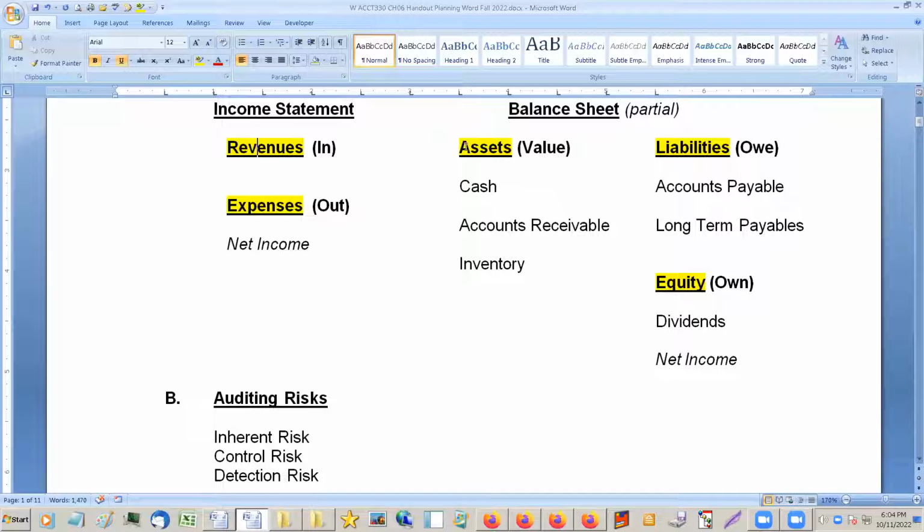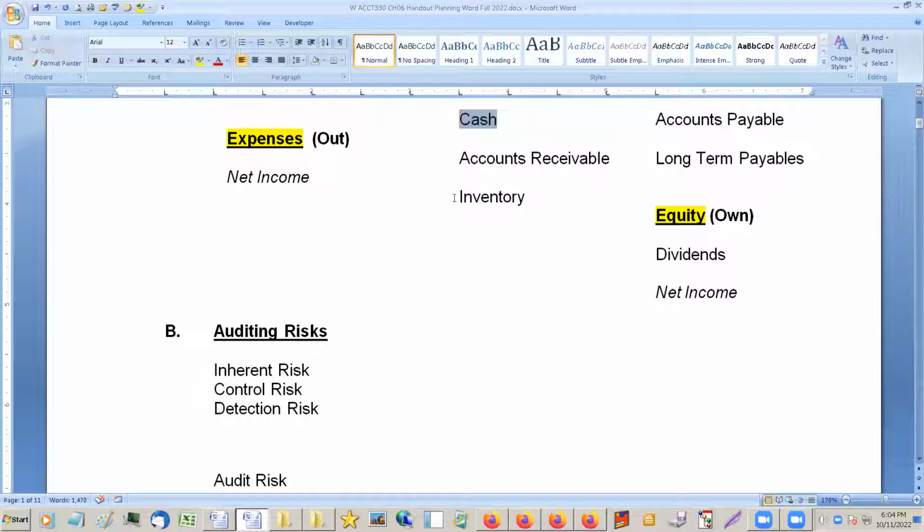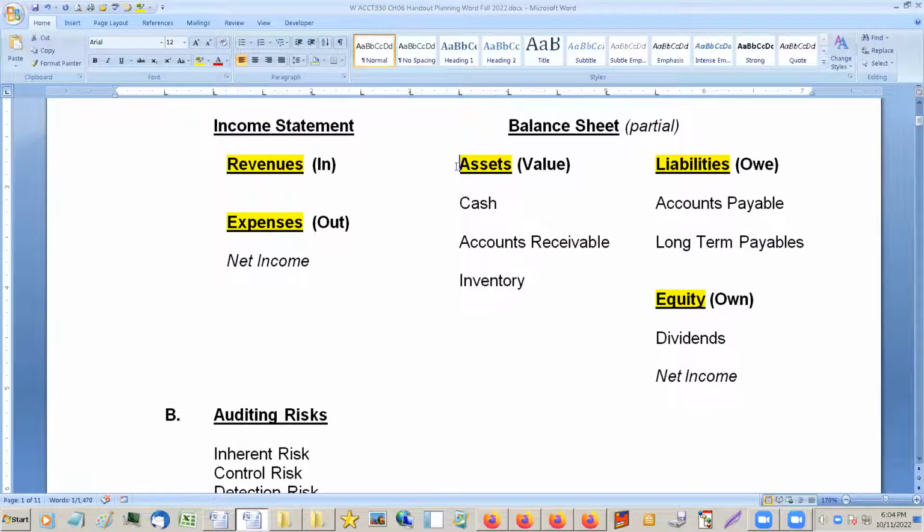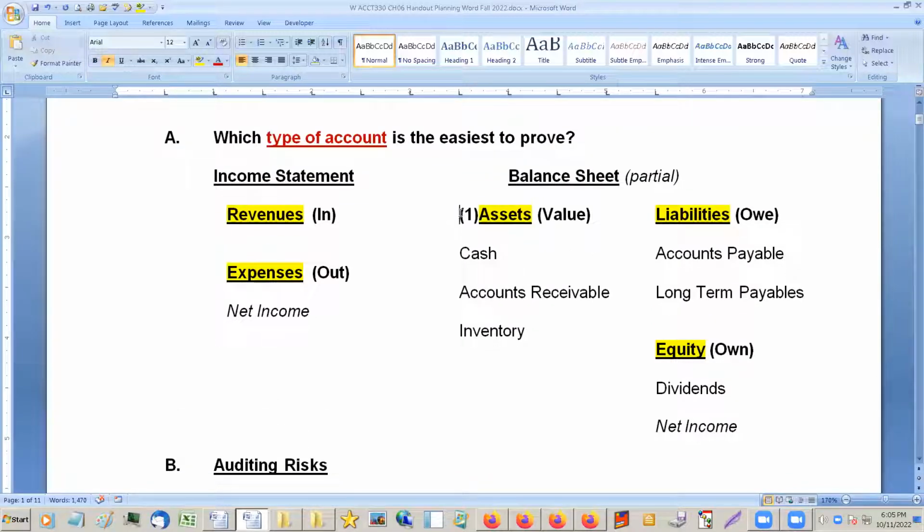Not usually revenue. It's usually going to be what revenue brings you. Cash, for instance, you get a bank account. Inventory, you can go take a look at inventory. Oh, cash, you're asking. Yeah, that makes sense. Now, that does come about because the revenue coming in goes into cash. We'll talk about this in a second. But the easiest one to prove is going to be assets. Probably the second easiest to prove is going to be the liabilities.